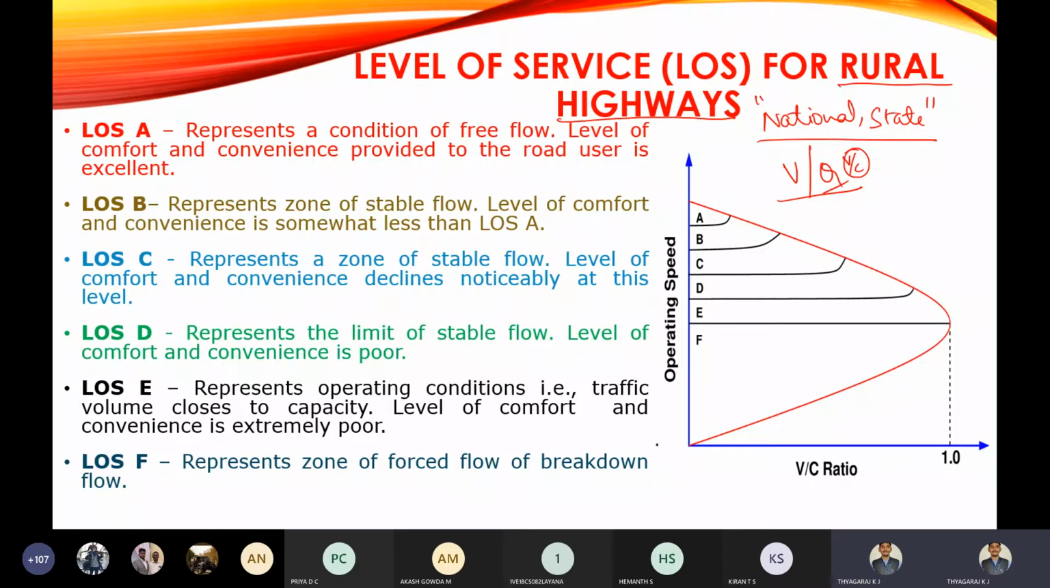For a rural highway, we all know that there will be a design speed. That is the maximum speed where the vehicle can